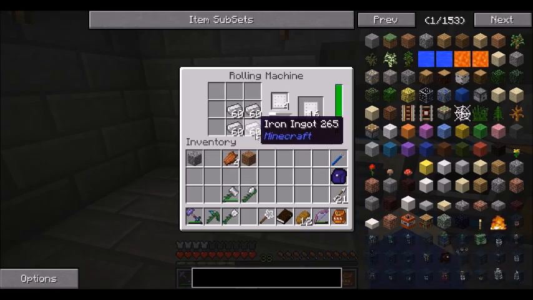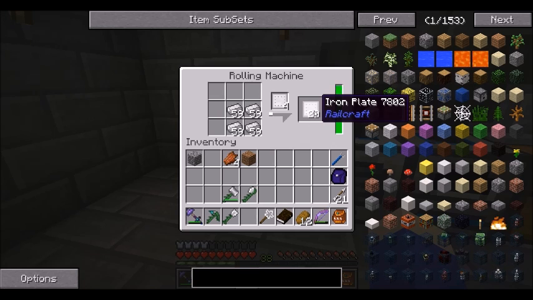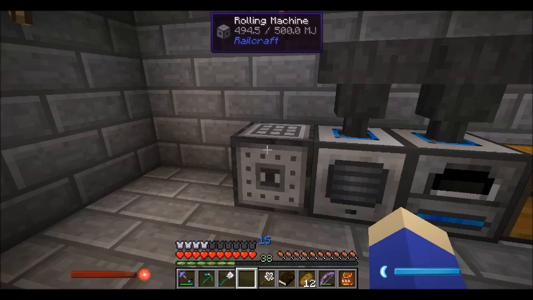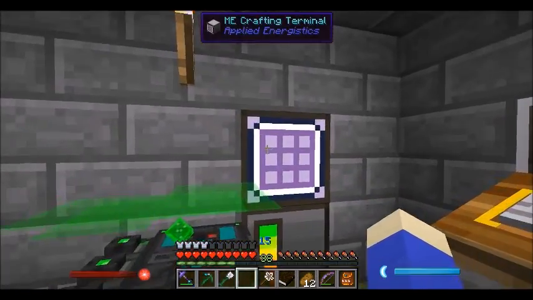You do have to clear this out because it will stop at 64, because it won't stack any higher than that. So you can clear this out manually, and it'll just keep making these and making these and making these. And we'll go back and show some of the